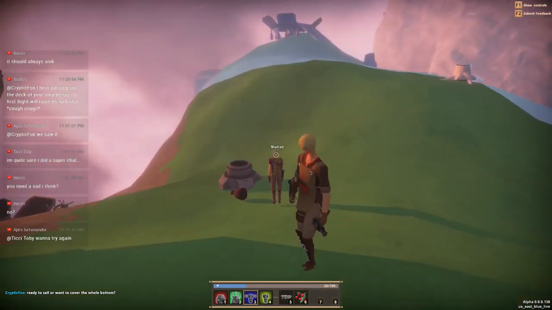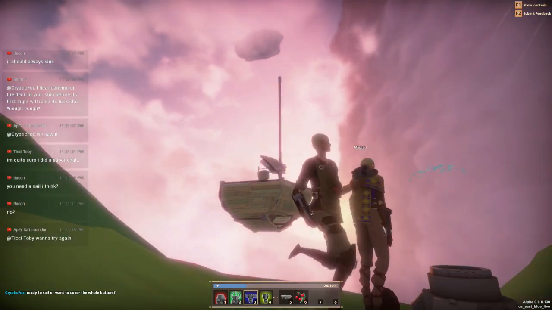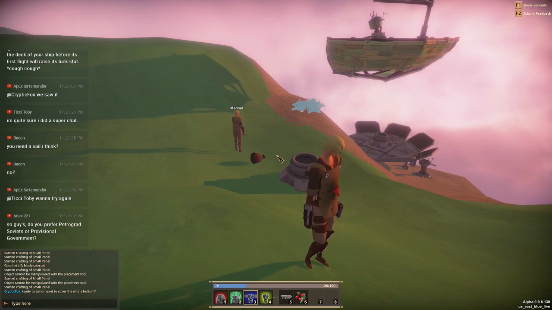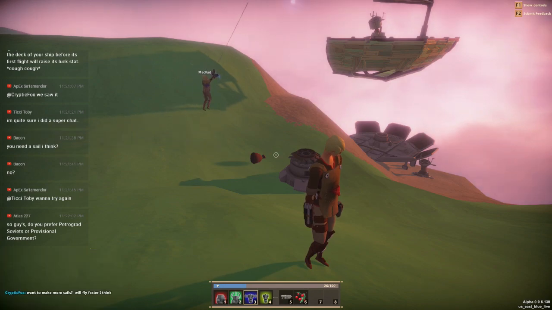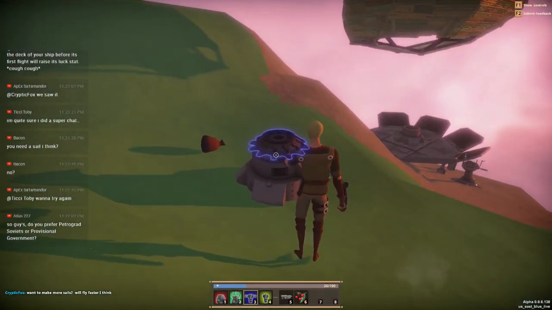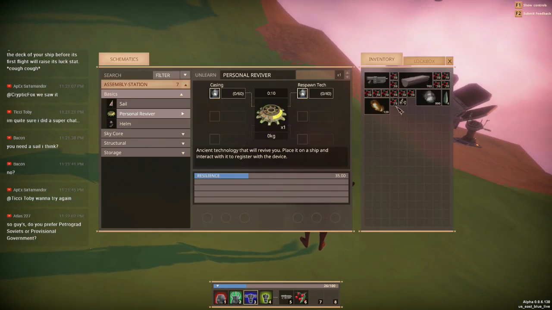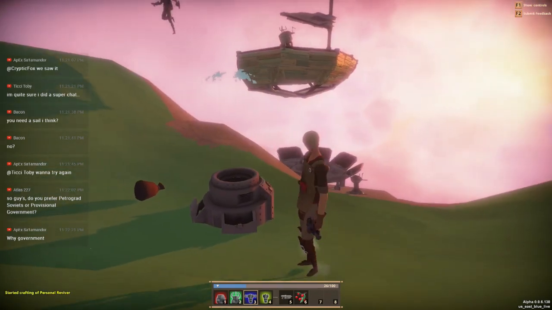Let's see if we can try and get out of here. Yeah, we have one sail on there. It would be nice to maybe have multiples. It would go faster if we had more than one sail. Can I make any instrumentation on this thing? I don't even know what I have access to. Oh, yeah, respawner. That's probably a good thing to have on there. Let's make some of those. This way, if you fall off and die, you can respawn back on your ship, which is a really good thing. And you need one for each player, so...